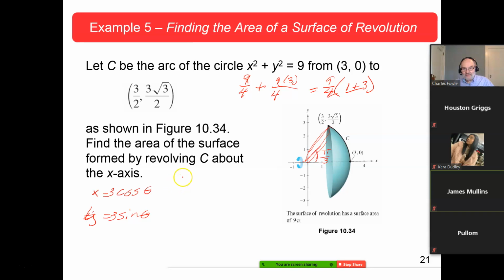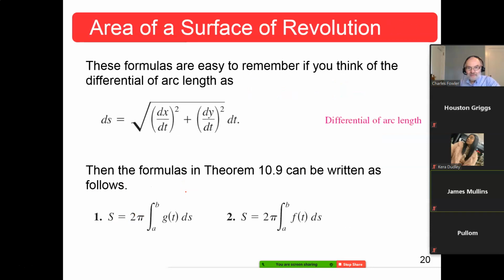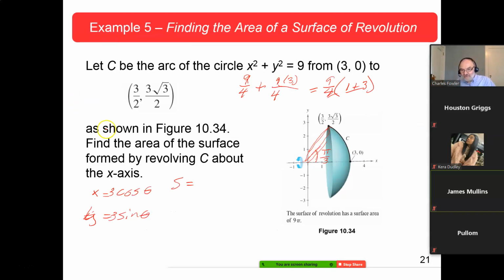Your surface area then, capital S, would be, now flick back just to remember, 2 pi times your g of t and your f of t. This is your f of t, f of theta in this case, and this is your g of theta, just to remind yourself. Okay, now the surface area would be 2 pi times the integral of, okay, remember,